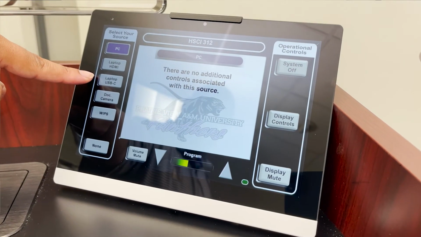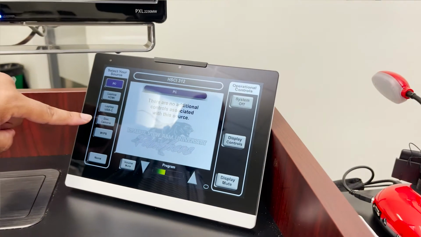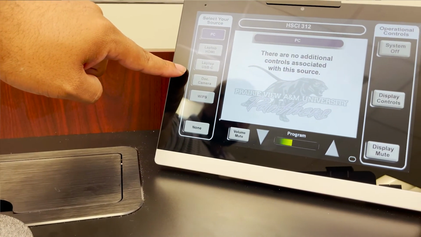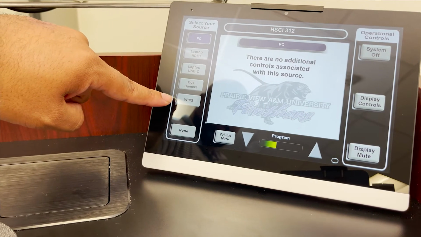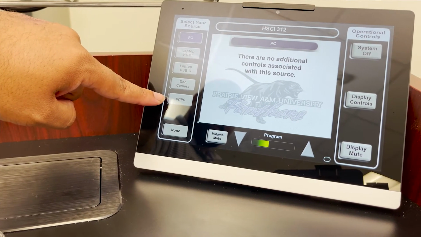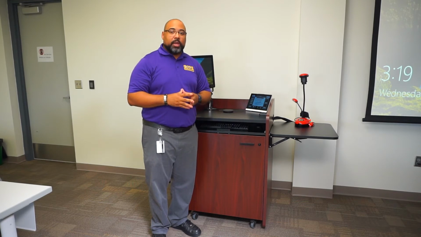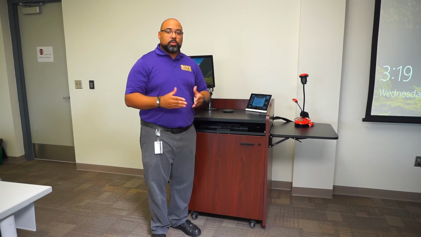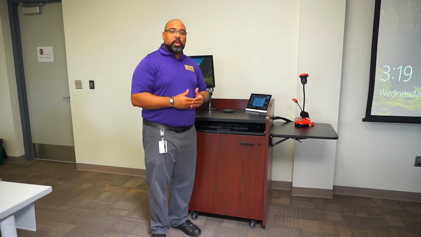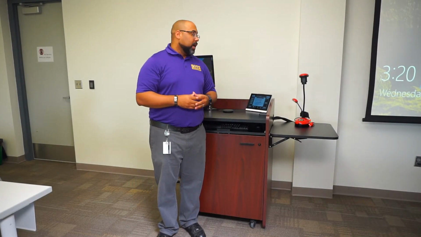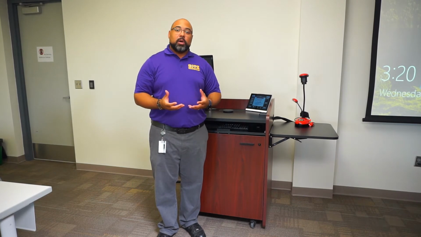It will also have a document cam input, and it will more than likely have a wireless interface input for wireless presentations. These may vary in every class. However, the standard is that we have these inputs available for all classrooms and for students to use at your convenience. During the time of operation as you're teaching, if you would like to turn the volume up or down,